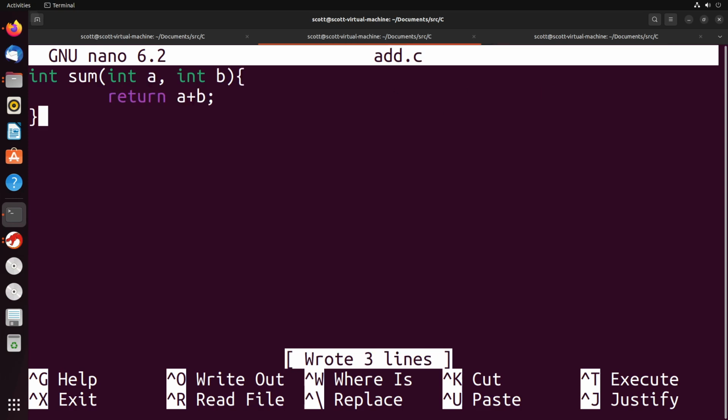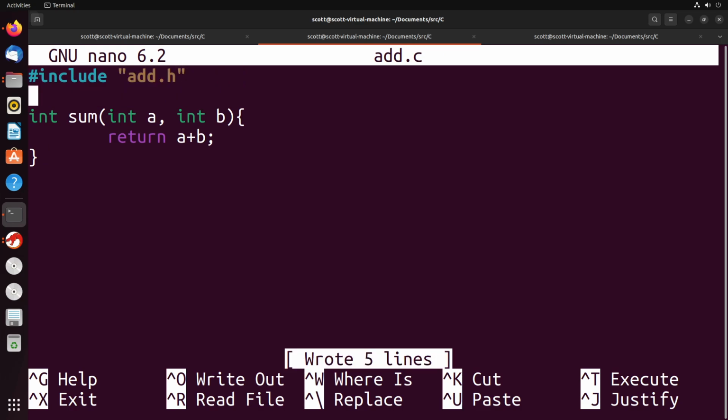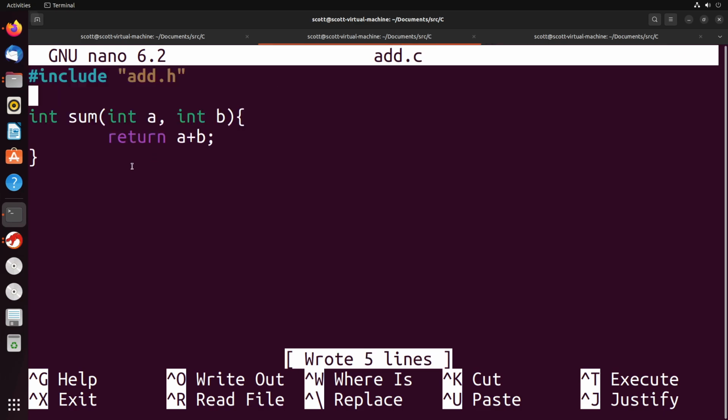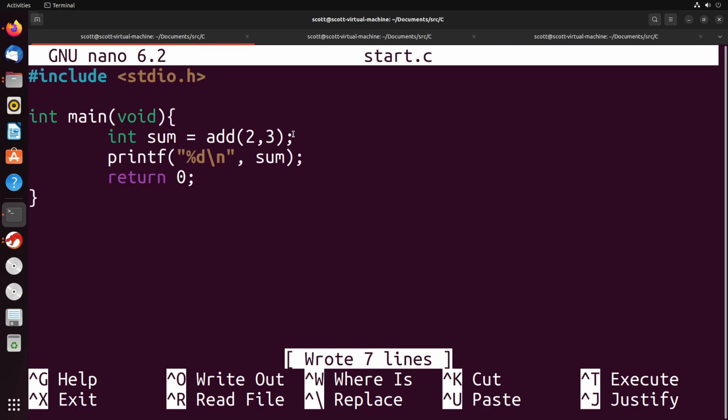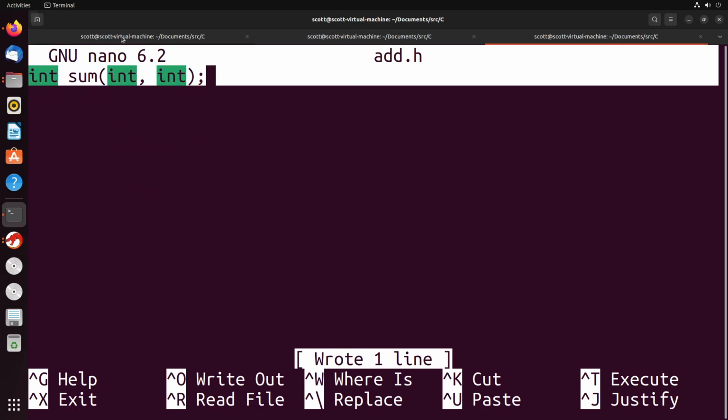And then what we do is we come over here into this implementation, and we add an include for add.h, which is the header file we just created. This way, when C takes a look at this implementation, it's able to understand that this implementation here corresponds with this declaration here. So you see that it kind of links those two together, giving us the actual declaration and then the implementation. And then similarly here, we need to be able to tell it what this add function is. So once again, we say, okay, we'll include add.h. That gives it the header file, so now we can look and say, oh, okay, so there's this sum function,